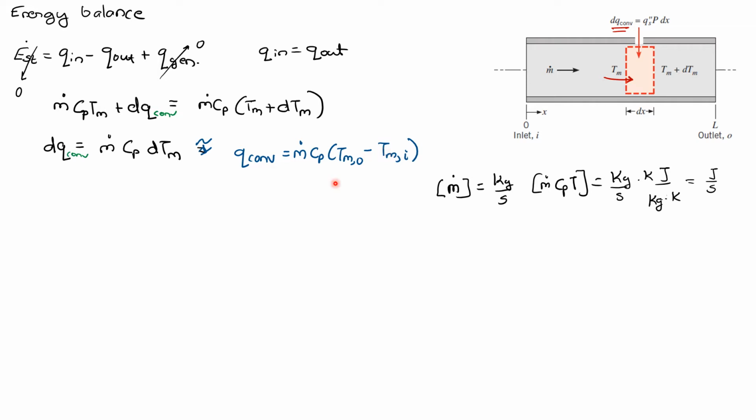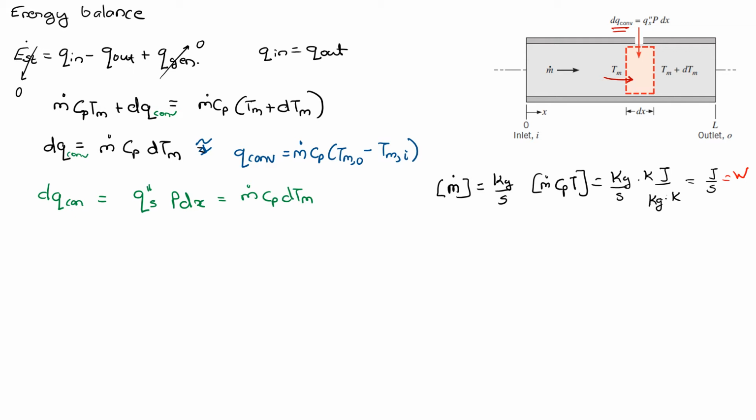If you remember, initially we used Newton's law of cooling, and we had an h times A here. But if we see the dimensions or units for this, we have units of m dot as kg per second, and the units of m dot cp into T will be kg per second for m dot, joule per kg kelvin for cp, and a kelvin for the temperature that's here. This will give us joules per second, which is nothing but watts. So we still have the units of watts for q convection.